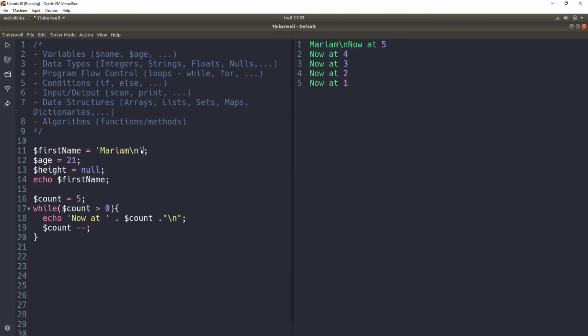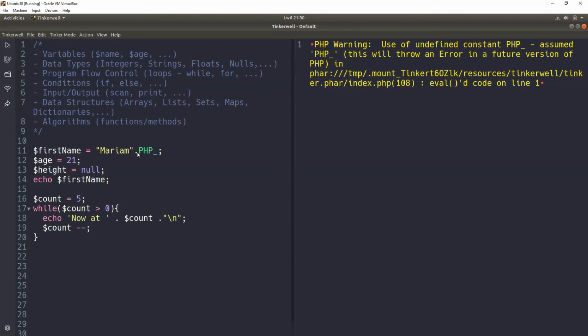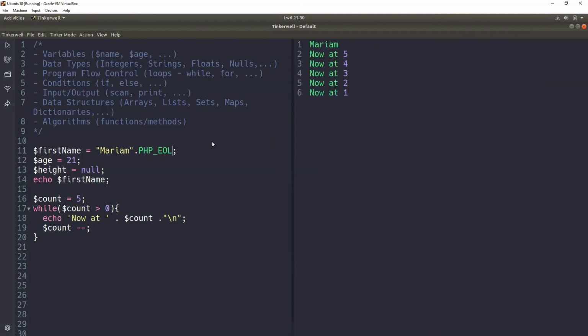Some of you are wondering, what is that \n that I'm putting? It's a new line character. You can put it there to go to a new line, or you can just say PHP_EOL, PHP end of line. This PHP end of line works like the \n. This is a global PHP constant.